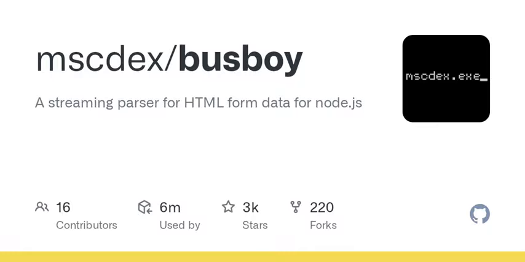Error handling matters. If content type isn't multi-part or the boundary is missing, busboy will throw. Plan for try-catch. Config fields like high watermark and file HWM tune memory and throughput. You'll adjust for small or large uploads depending on load. Edge case, multiple files, many fields. Ensure you consume every file stream. Otherwise, finish won't fire and the server stalls.